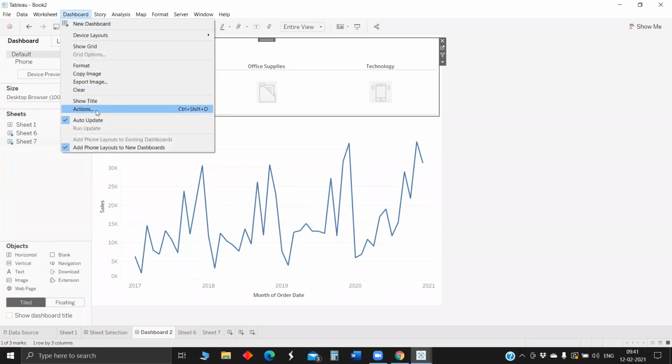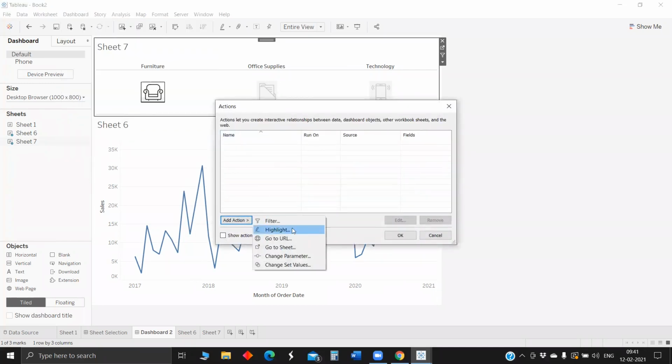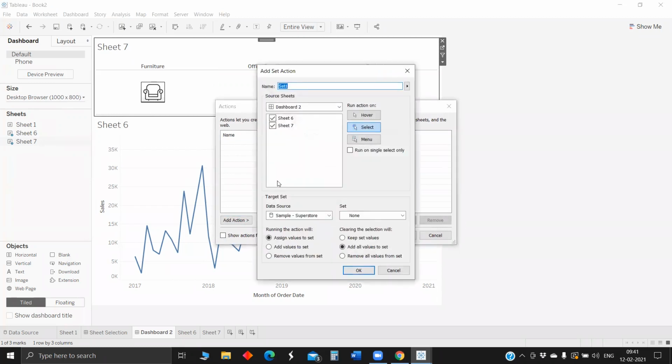So again, dashboard actions, here we have to add actions, go for change set values. Source sheet is sheet 7, and once when we select, data source is from sample superstore, running action will assign the values to set, and set here is category set which we have. Once we clear the selection, let's keep the set value.